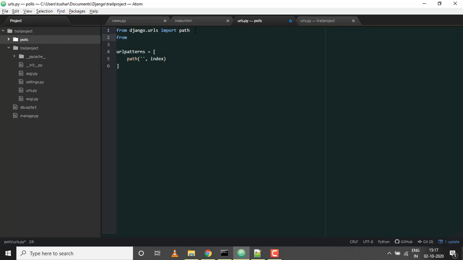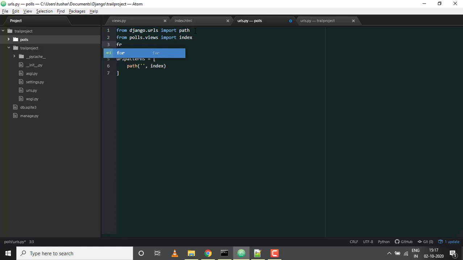And again, you have to import from polls.views the function named index. This is one way of calling a module or package in your .py file, but there are various ways.